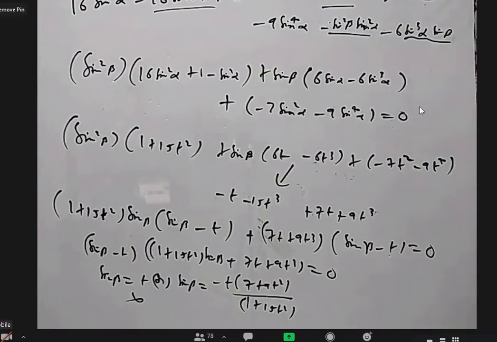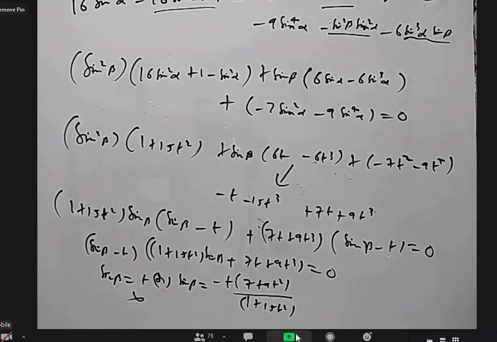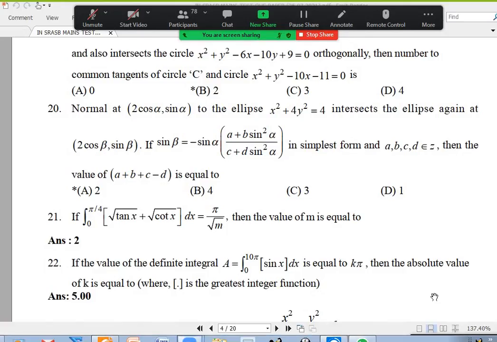So if I look at this, 7, 9, 1, 15, they are the numbers. Yeah, 7, 9, 1, 15. So 7, 9, 16 plus 1, 17 minus 15 is 2. Is it okay?